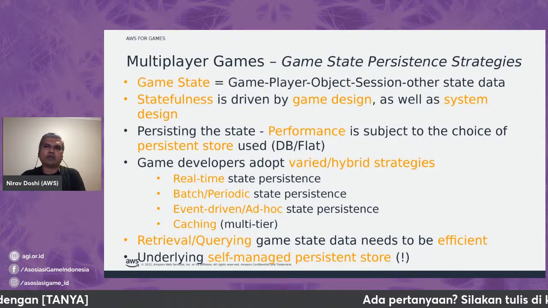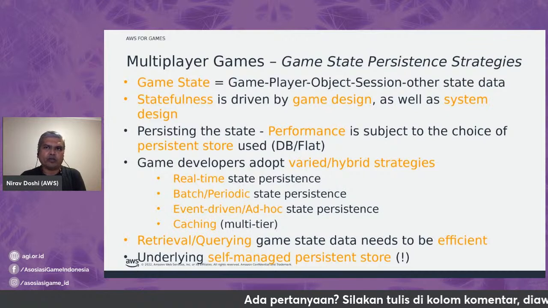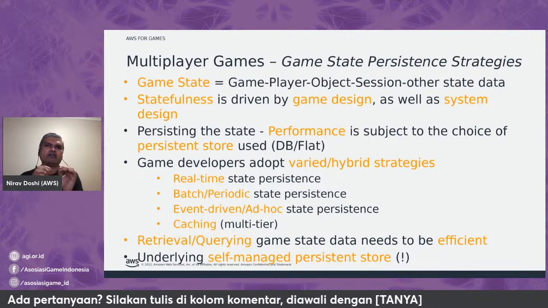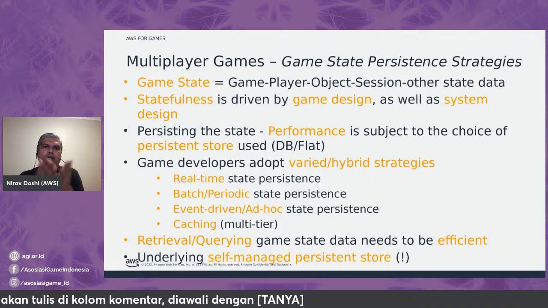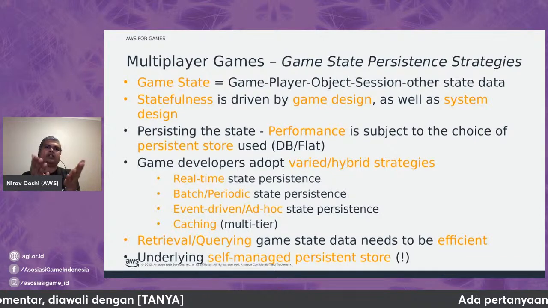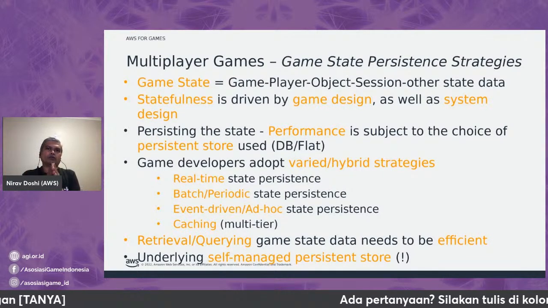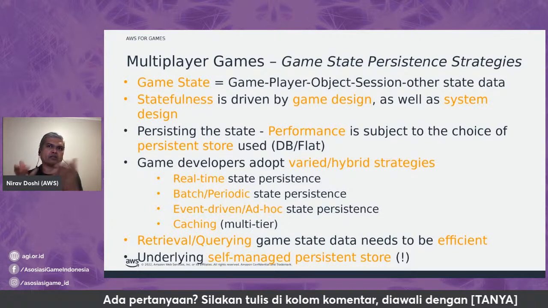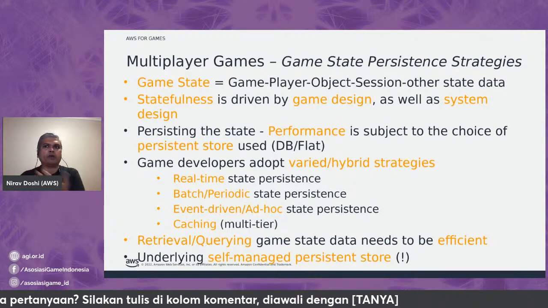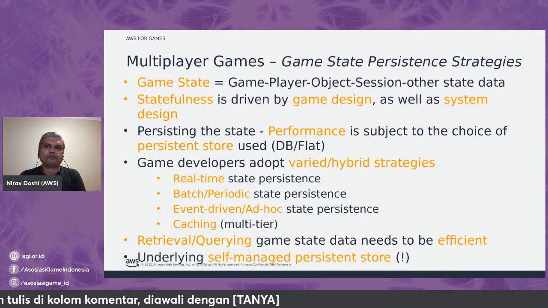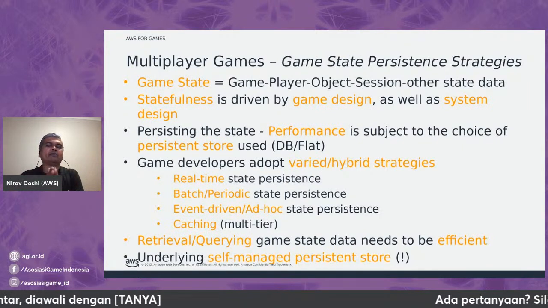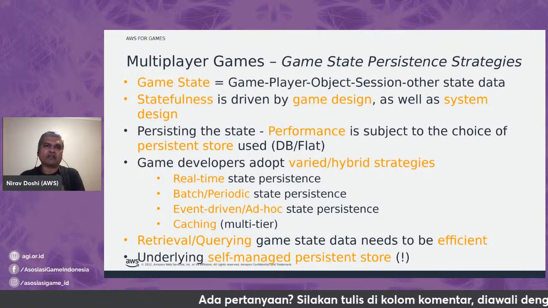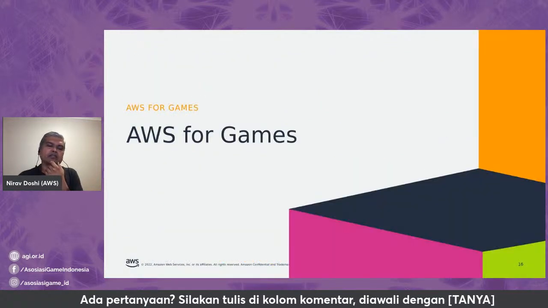They can also use caching mechanisms using something like Redis or DynamoDB that AWS offers, to keep a live cache, a live update being sent out. So I think I talked about everything around here. Retrieving and querying that game state also needs to be efficient so that there is value in that persistence. Otherwise, being able to persist but not being able to retrieve or query, that's a problem. It can be a significant undertaking if you have to manage the persistent storage yourself as well. So just note all these things.